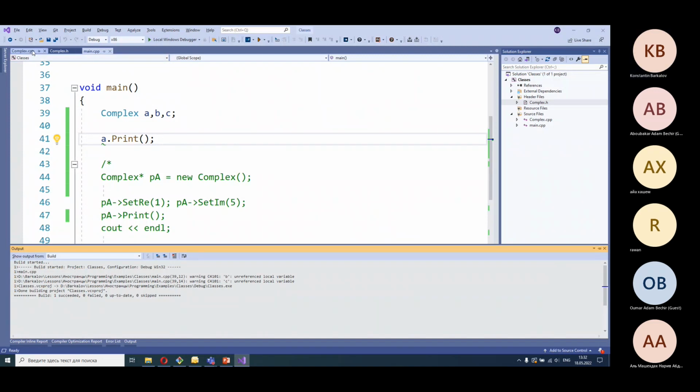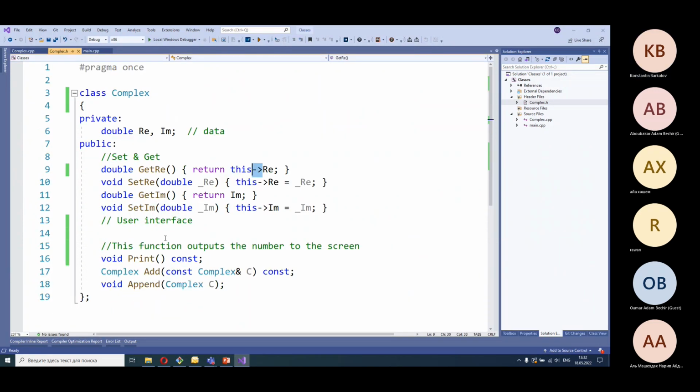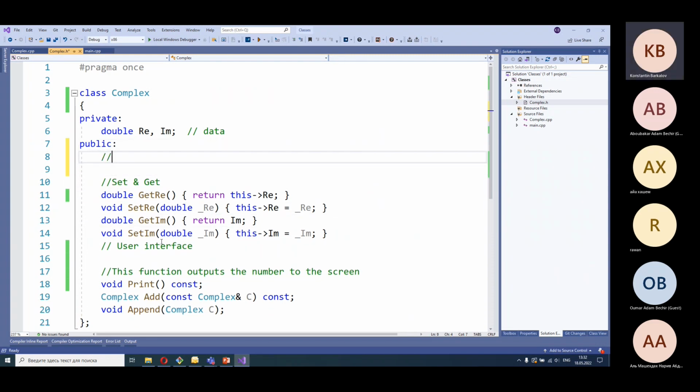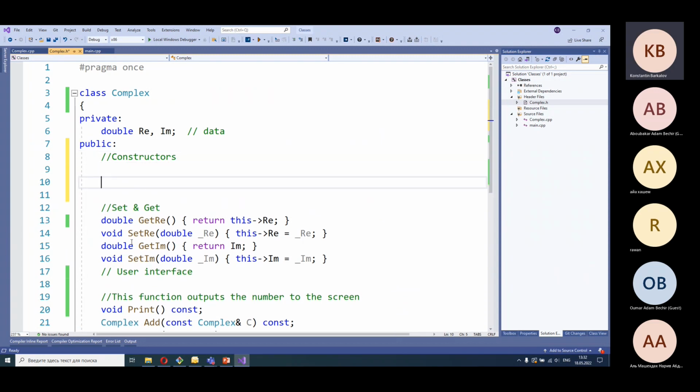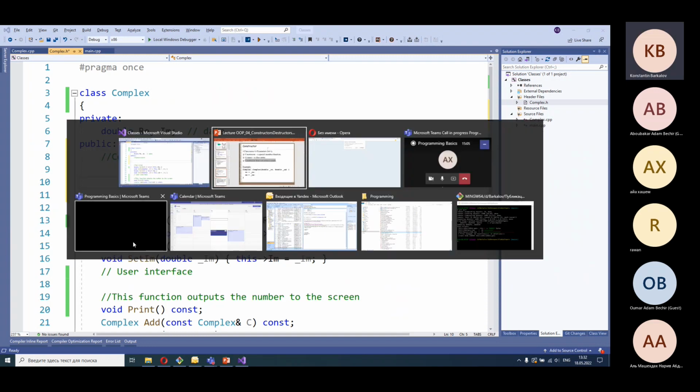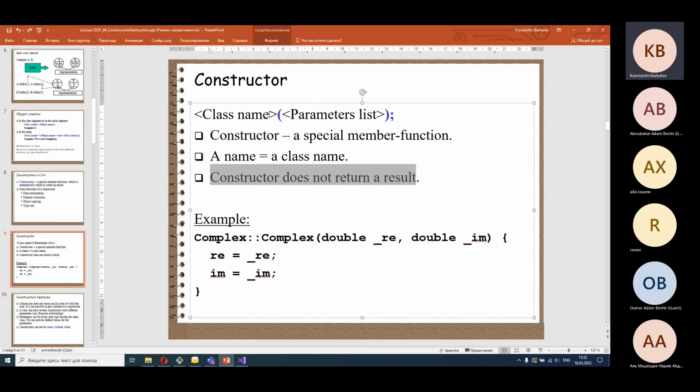First of all, let's write here the special section, just a comment: constructors, because a class can have not only one constructor, but several different constructors. According to this general form of the constructor declaration,